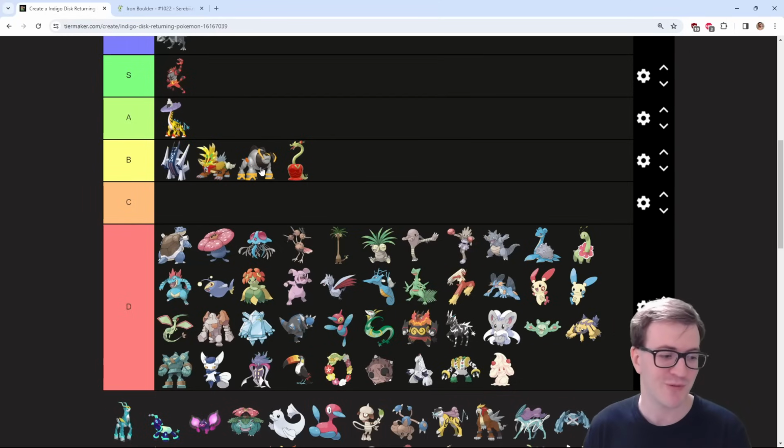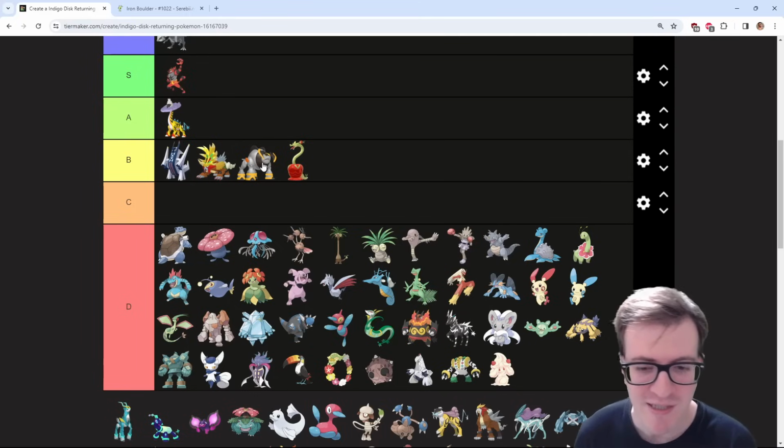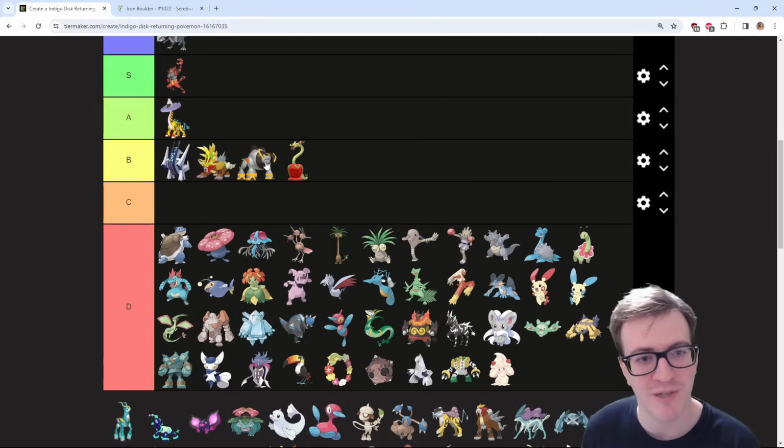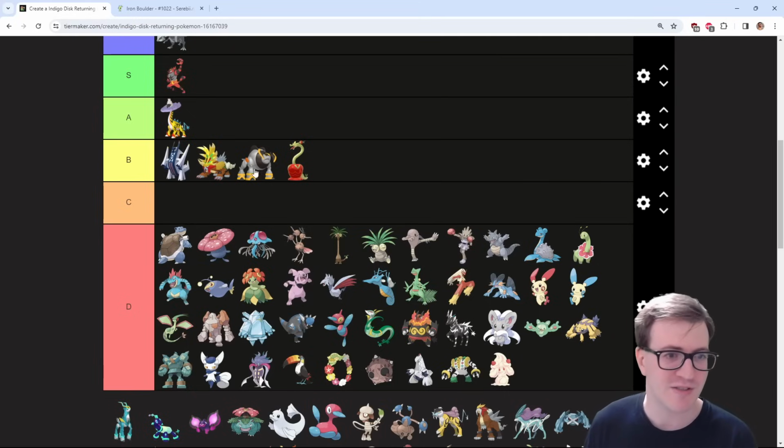Again, it is a little bit different. The fact it's multi-strike means it hits through Focus Sashes. The fact it always crits means you bypass Intimidates and Defense Boosts, so there's just no counterplay to it, whereas Iron Boulder has plenty of counterplay. So, yeah, that's kind of why it's only getting B tier, but I think it's a decent enough option